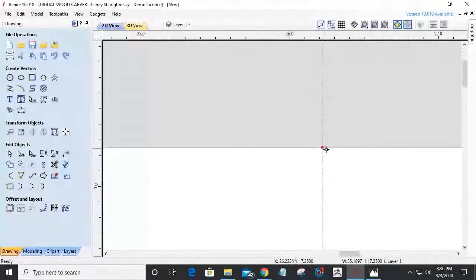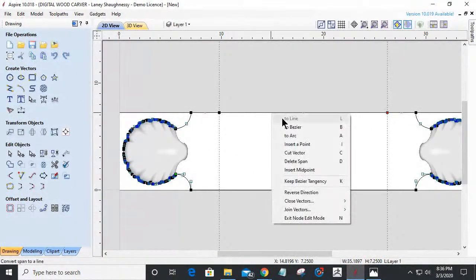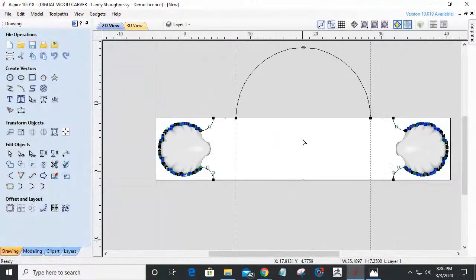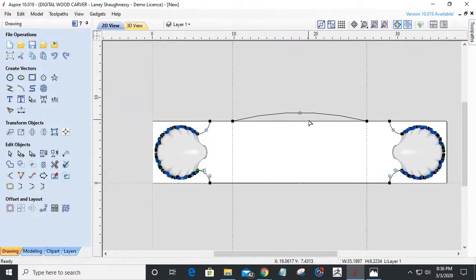Okay. And that way I can take this line here and I'm going to turn it to an arc. Ooh, not that big of an arc. And we're going to scale it down a little bit. Now this is going to require me to have a larger board, a little bit larger board and stuff. And then I'm going to come in